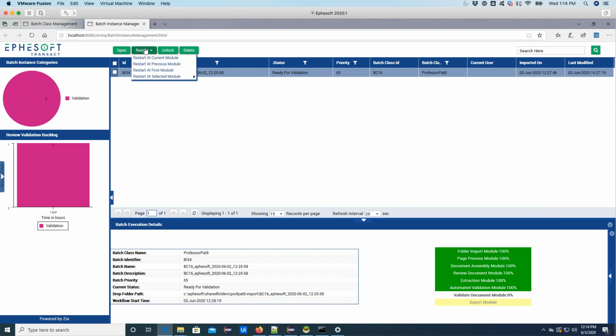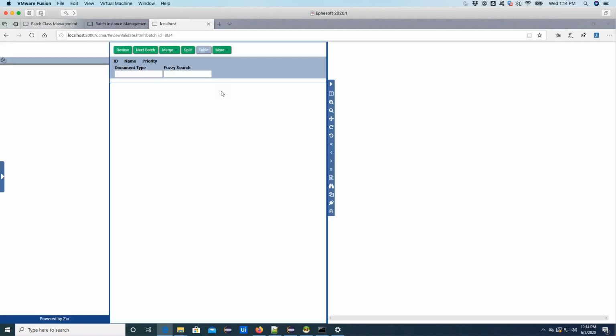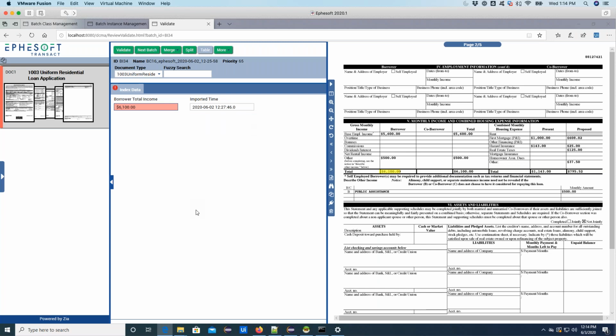All right, cursors are good. So I'm going to open up this particular batch. And this is the validation screen, if you're not familiar with Ephesoft, that I was talking about. So these controls that you might see here might have that drop down. It might actually have a date control. That is what's going to be controlling this particular view.